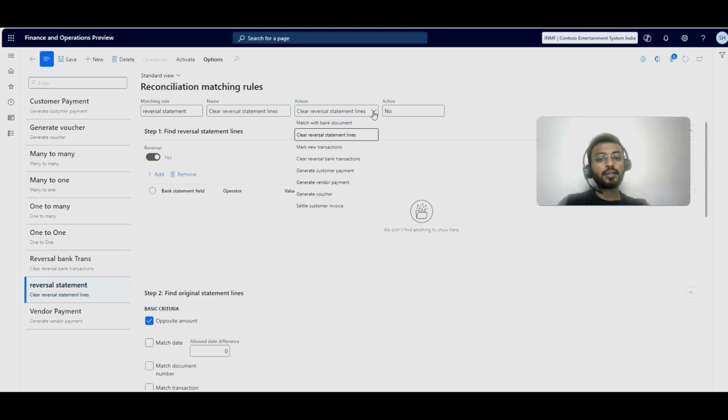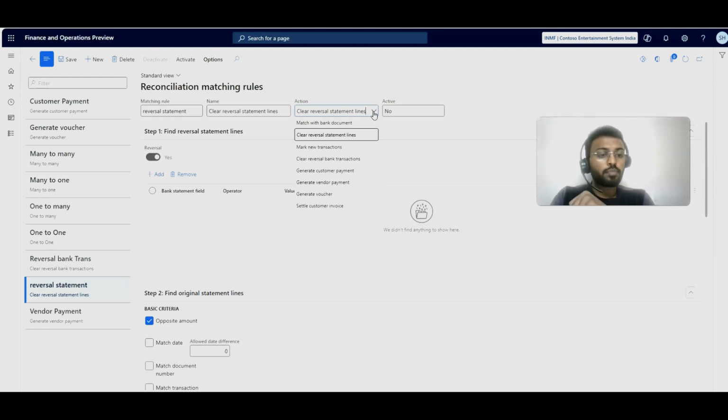So there is a true entry of debit and credit in the bank statement, but there is no entry for the same in the ERP. So what happens is that at the time of the bank reconciliation, such kind of transaction will be unreconciled because we are not aware of such kind of transaction in the